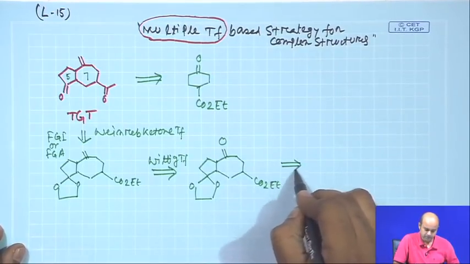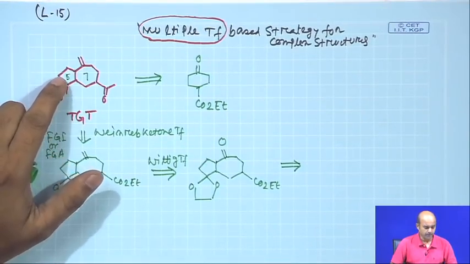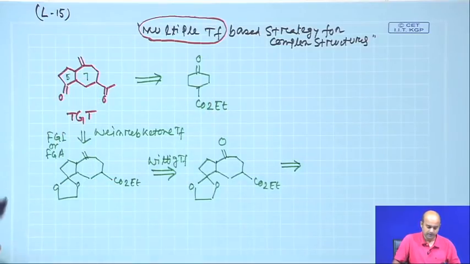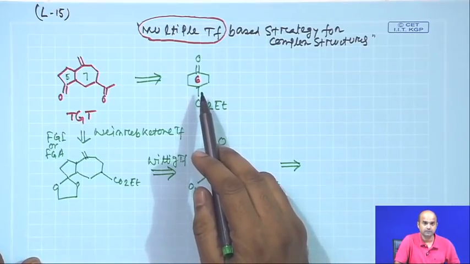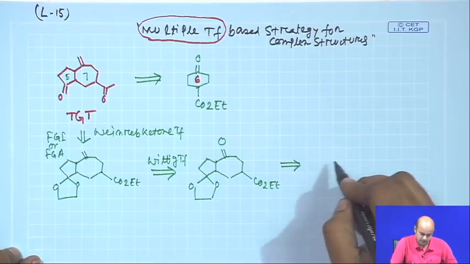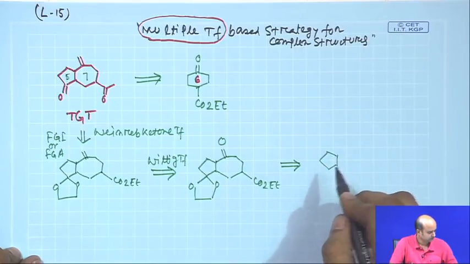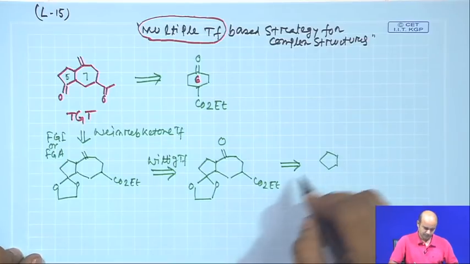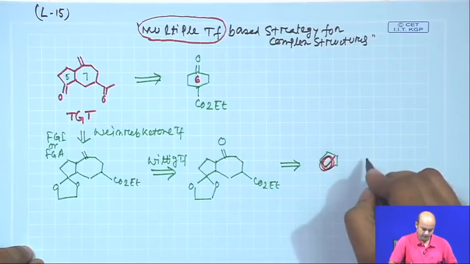The next step or next retro is crucial. Eventually, you see your target molecule having a 5 member and 7 member ring, and you are given a 6 member based starting material. So, you need some ring expansion or ring contraction kind of transformation, because your initial starting material is a 6 member ring. So, based on this, we will try to have a retro for this particular thing. Okay, let us try to forget this, and then we will